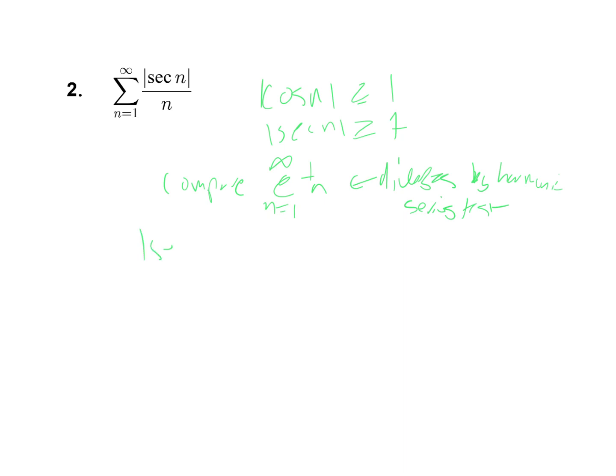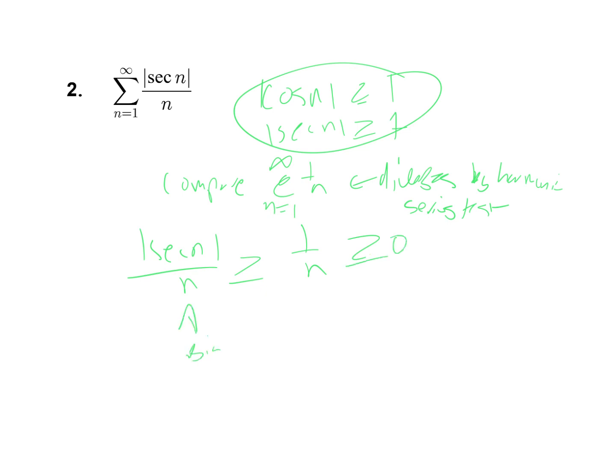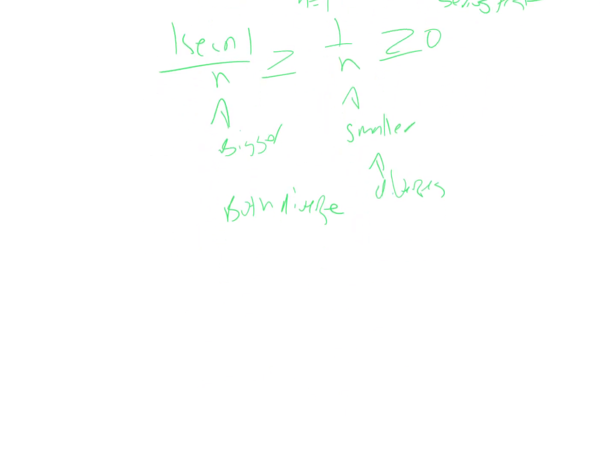The absolute value of secant of n over n is greater than or equal to 1 over n, as we determined up here, which is greater than or equal to 0. And since we know that this one is bigger, this one is smaller, and diverges, then both diverge. And how we would write that out is: since the summation from n equals 1 to infinity of 1